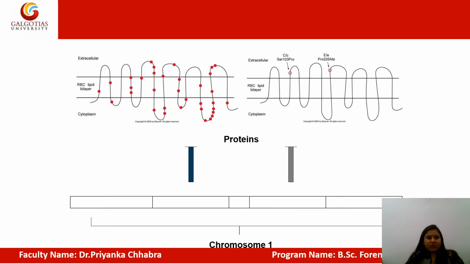There is another molecule on the extracellular loop, that is loop number 2. There can be a capital C or small c, which is responsible for the Rh antigen capital C and small c, which are also very immunogenic in nature. And at loop number 4, there is an antigen capital E or small e. All these proteins are coded by a gene present on chromosome number 1. So all these protein sequences or peptide sequences are the Rh antigen, Rh antigen D, Rh antigen C and Rh antigen E, which are responsible for Rh positive or Rh negative.